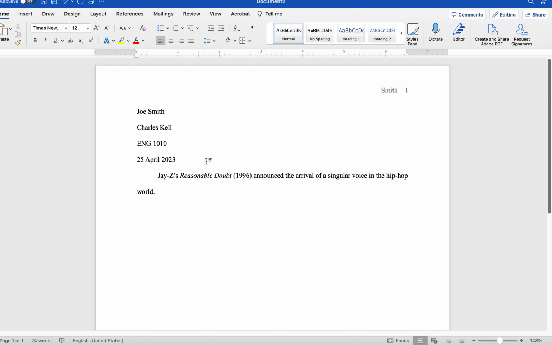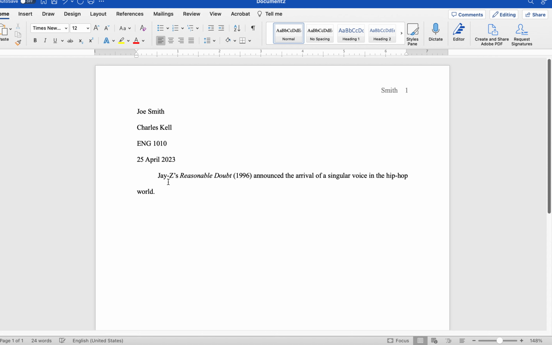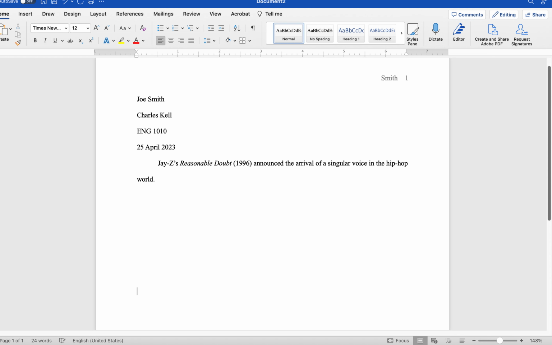It's double space. I've been seeing papers where you don't start it down here. The whole paper is double space. So say I'm writing a paper on Jay-Z's first album, Reasonable Doubt. We have the introduction. Say the introduction ends down here. You end with your thesis, right? That's about how long your introduction should be.